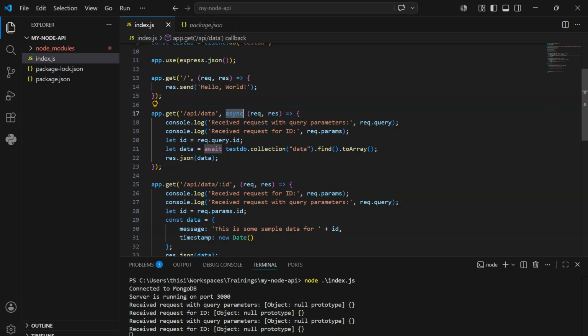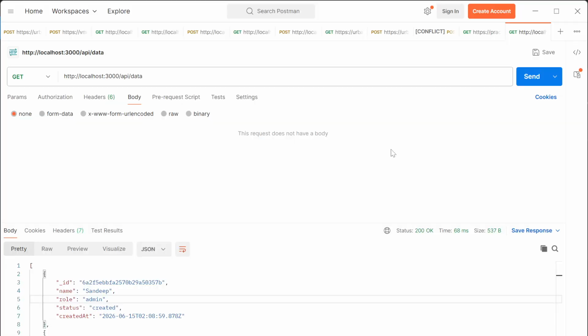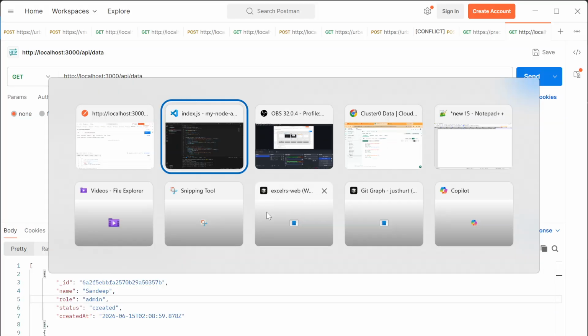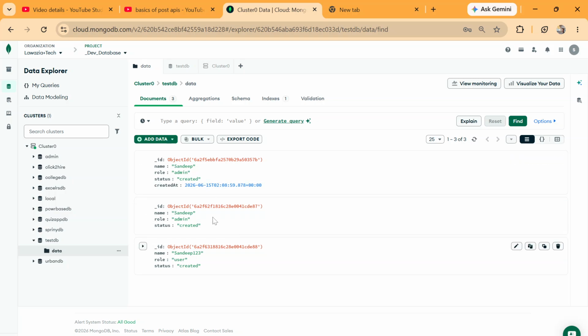Async await, whenever we need to wait for some method, we have to add await here. And when we are awaiting, we need to make the function async. So it's called async await. So this method is now async await, which waits for the data to come from the database. Now we have here three records,